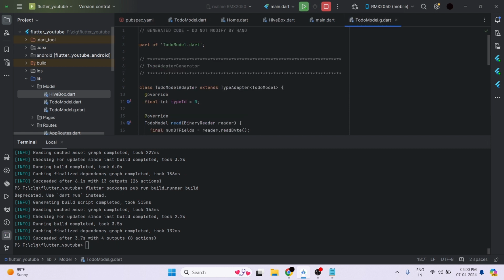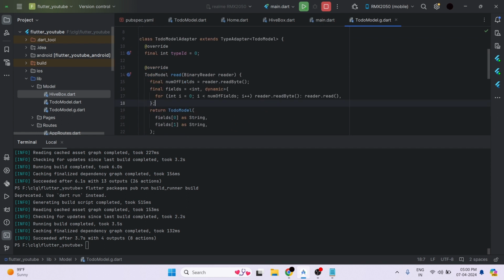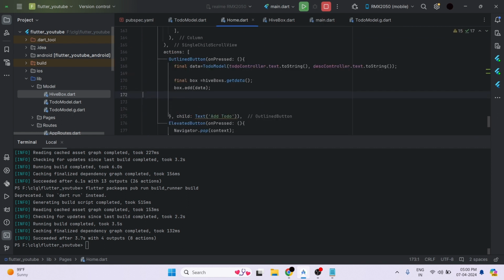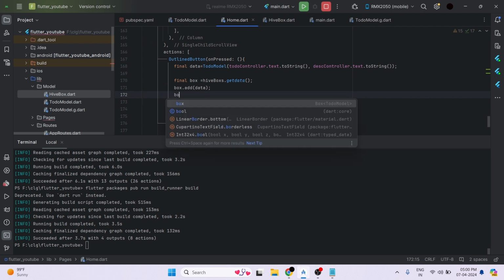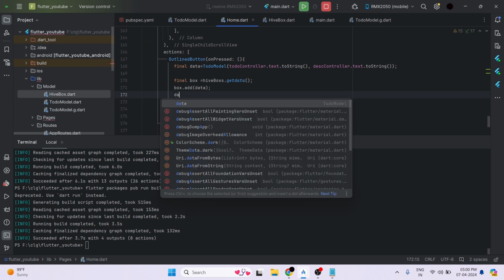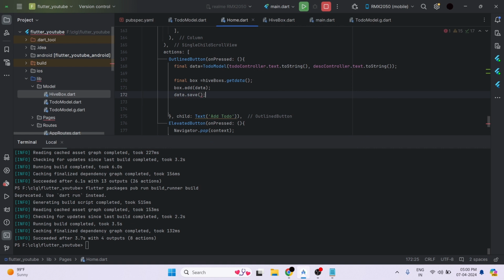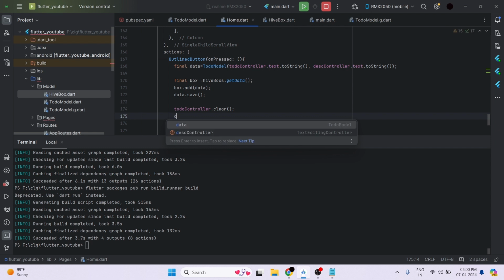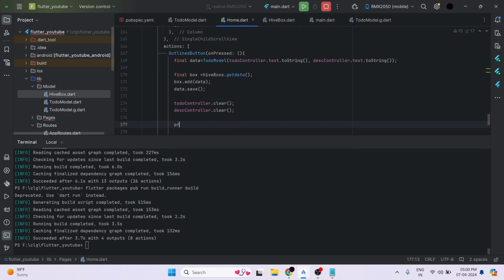After that, it adds some auto generated code in that file, and in the home dot dart file we can use the data dot save method to save the data into the database in this box. Its name is to do. Then we simply clear the controller values when we add this data, and we can see what type of data is available in data. So we simply print this data variable and run the command